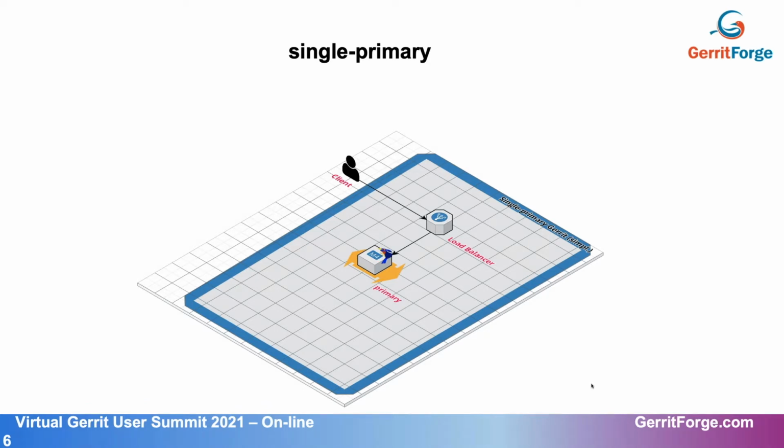For example, all Gerrit instances will be deployed as part of auto-scaling groups that allow scaling the number of instances up and down, and I'm going to talk about this later. But they also act as a sort of supervisor: even in this recipe, if you deploy a single primary Gerrit in an auto-scaling group and that Gerrit dies for any reason, the container process exits, then the auto-scaling group will bring back that instance